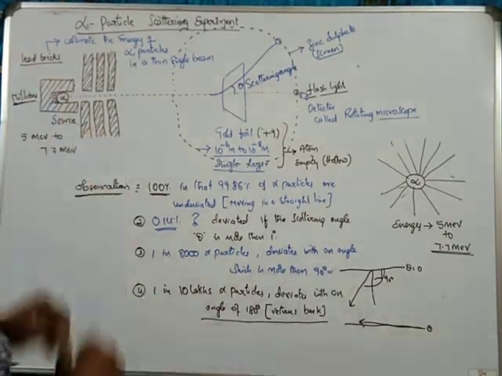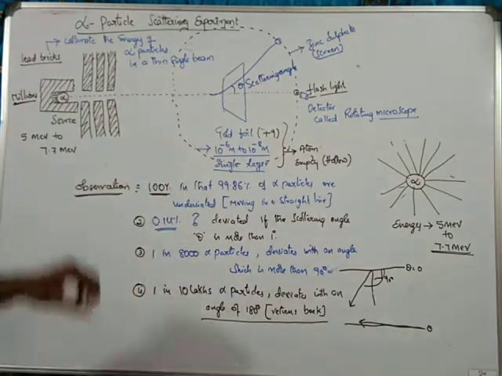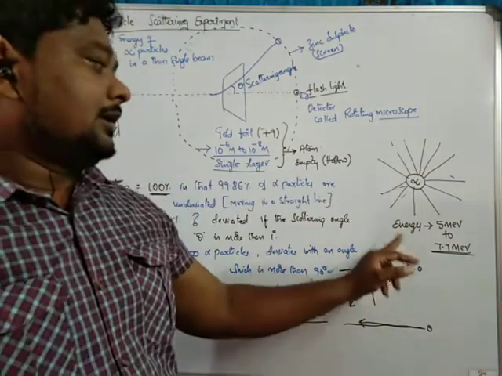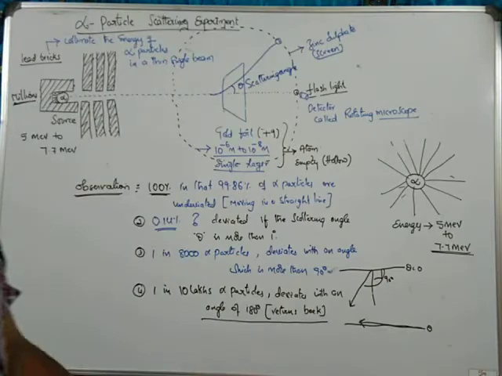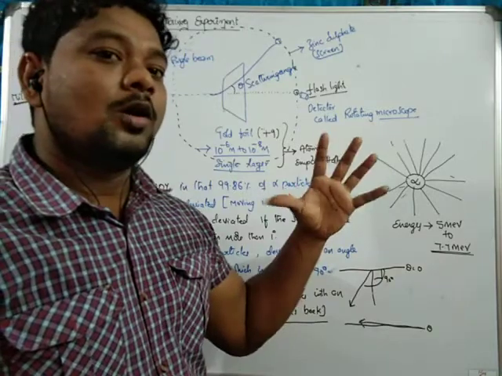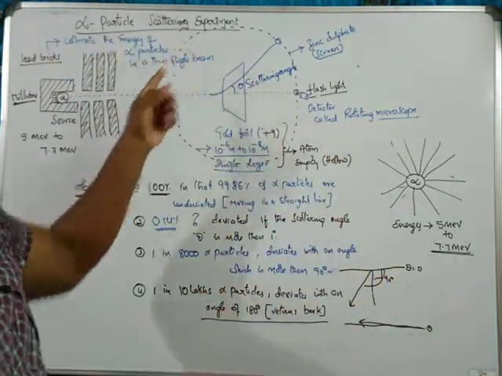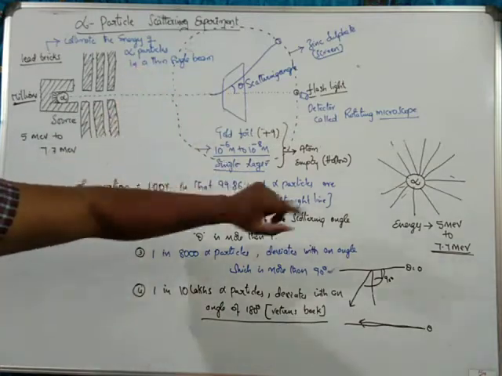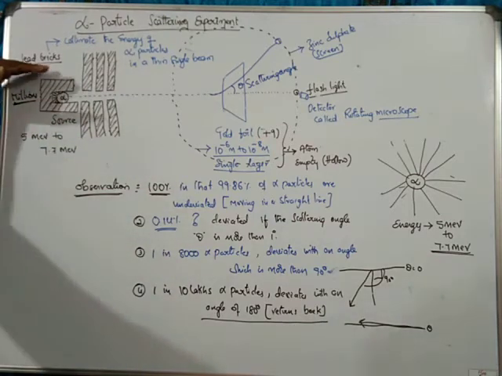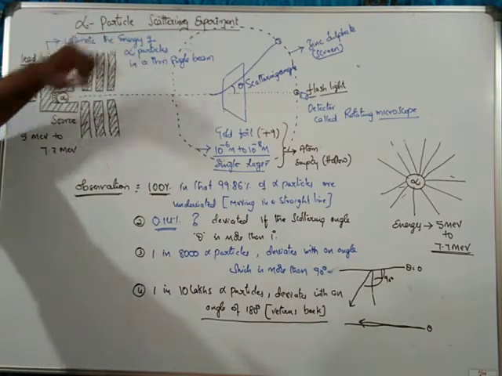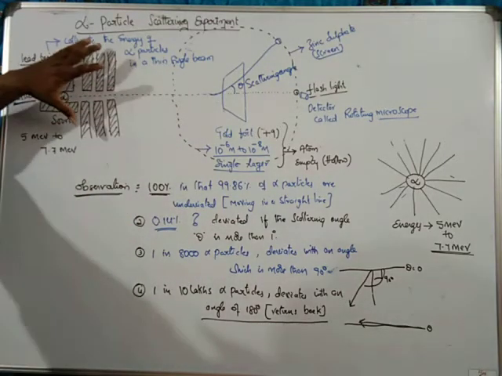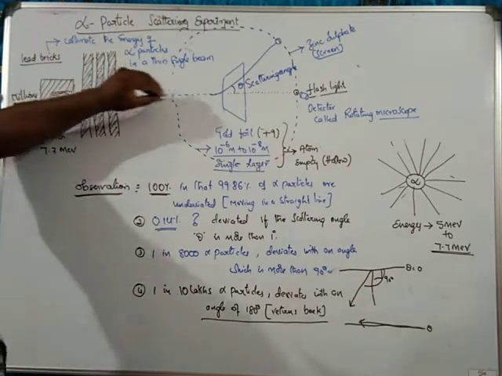Simple. Here we have the alpha particle scattering experiment. We have an experimental setup. Initially we consider alpha particles, which have an energy of 5 mega electron volts to 7.7 mega electron volts. Whenever we consider an alpha particle source, it will radiate energy in all directions. But for this experiment, we need only a single direction. So we have to stop the remaining radiated energy. For that, we are using lead bricks. The main concept of lead bricks is to collimate the alpha particles into a thin, single beam. So whenever we place these lead bricks, the alpha particles move in a straight line.